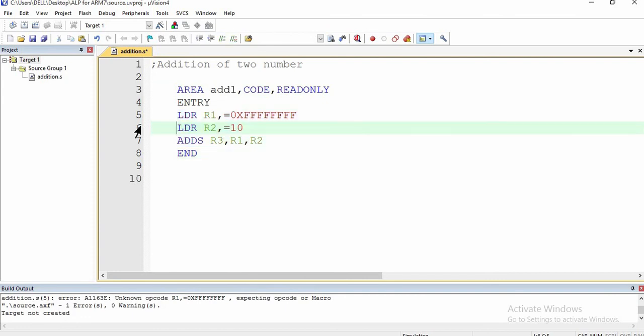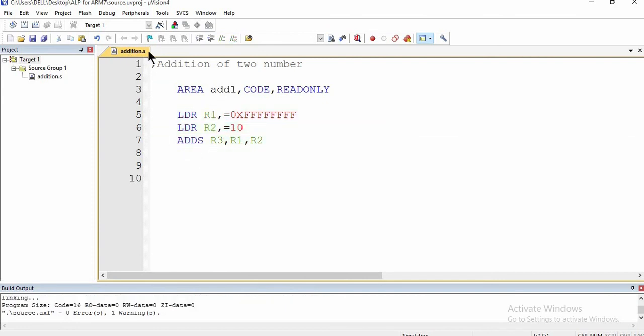This is the general mistake made by beginners. And one more thing is this, the blue color which you see and all this should be completely in capital letters or small letters. So this was one of the errors which I told about, that you should leave a tab space while